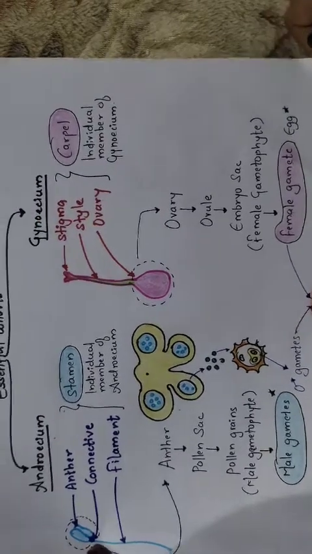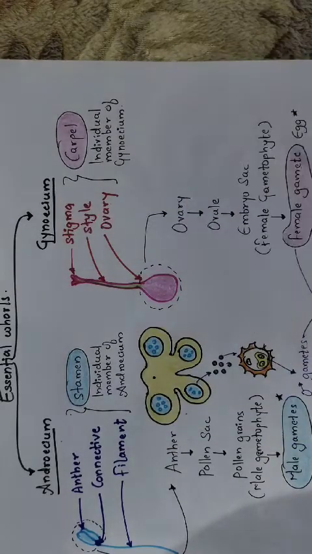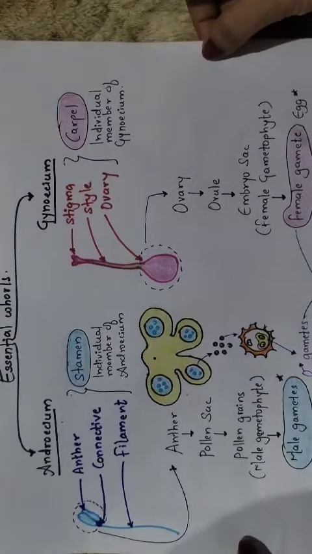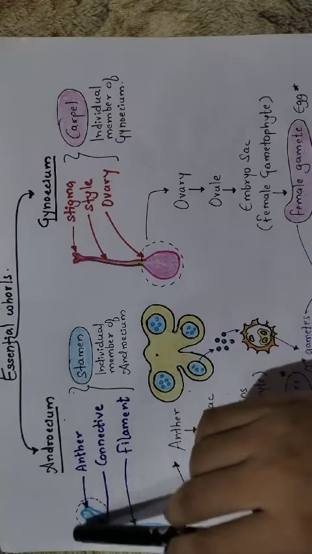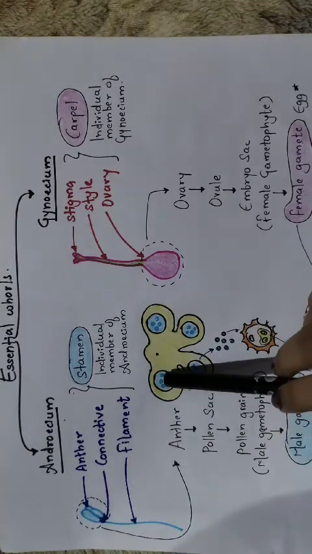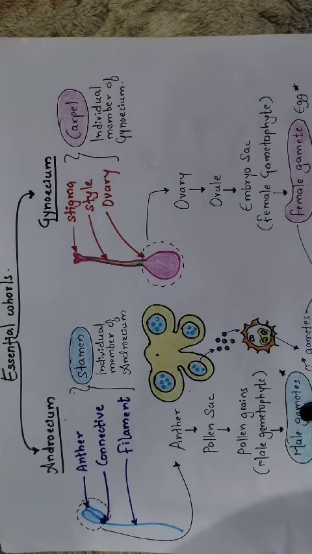Okay, so here we understood the androecium and gynoecium structure. I hope that you understood exactly where the male and female gametes are present. Okay, because before the fertilization process we all should know where exactly the male and female gametes are located. So remember, the anther is the part in which there is a pollen grain, and the pollen grain is a male gametophyte where the male gametes are produced.